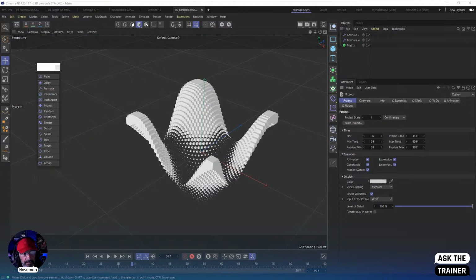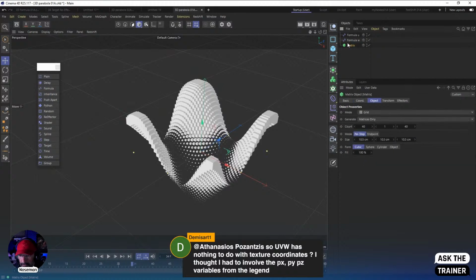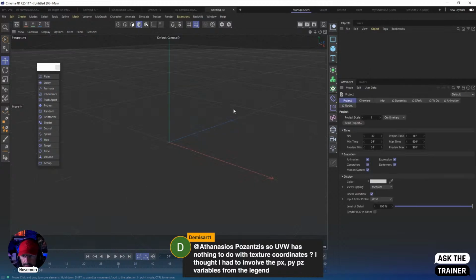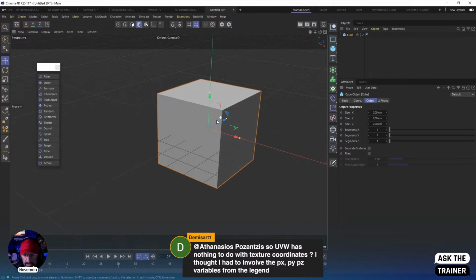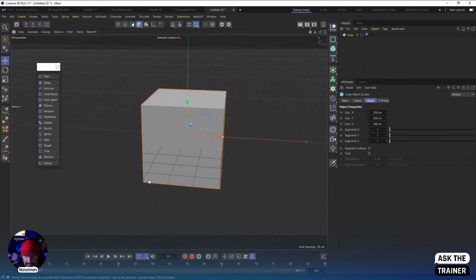I thought I had to involve the PX, PY, and PZ variables. Again, I want to repeat this. When we are talking about the MoGraph UVW coordinates, it's where an object lies within the bounding volume. So imagine you're cloning inside this. You're creating a grid clone, and you have clones on the X, on the Y, and the Z. So let's assume that this is the U, this is the V, and this is the W